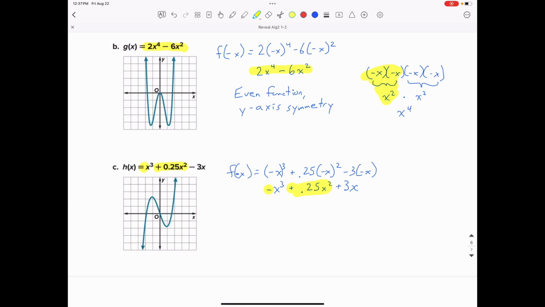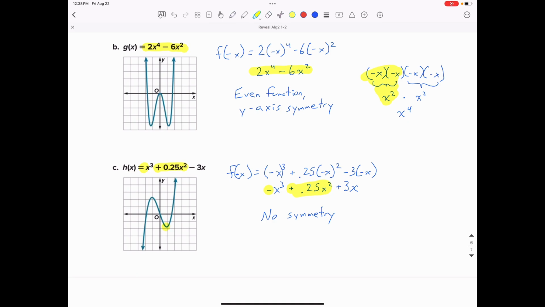And we need all of them the same or all of them different to have one of those two special types of symmetry, and we don't. So this one actually has no symmetry. Even though it looks like it has origin symmetry and we can flip it around upside down, it doesn't. It's probably off just by a little bit. It's just microscopically off. And I think if we look at the graph a little bit closer, we can see